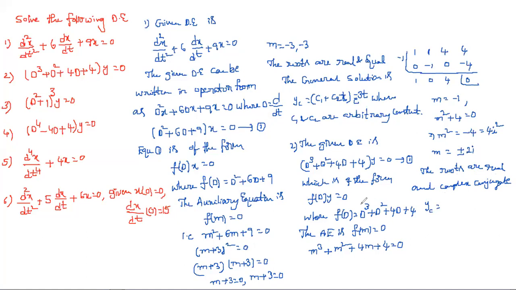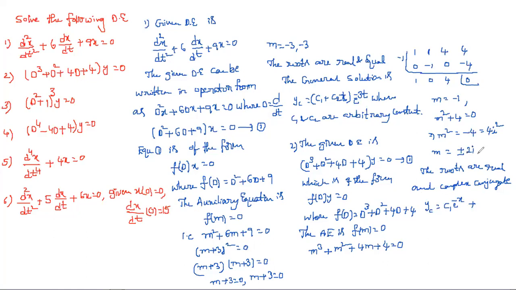The general solution is, first, for the one real root, we can write c1 e power minus x. Why did I write x? Here they gave y, and obviously that is dy by dx. They didn't mention any independent variable, so we are treating it as x. So for that, dy by dx, c1 e power minus x.